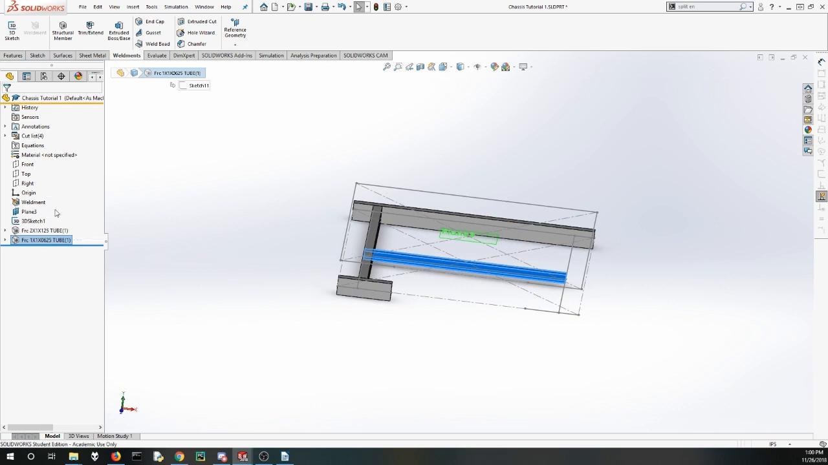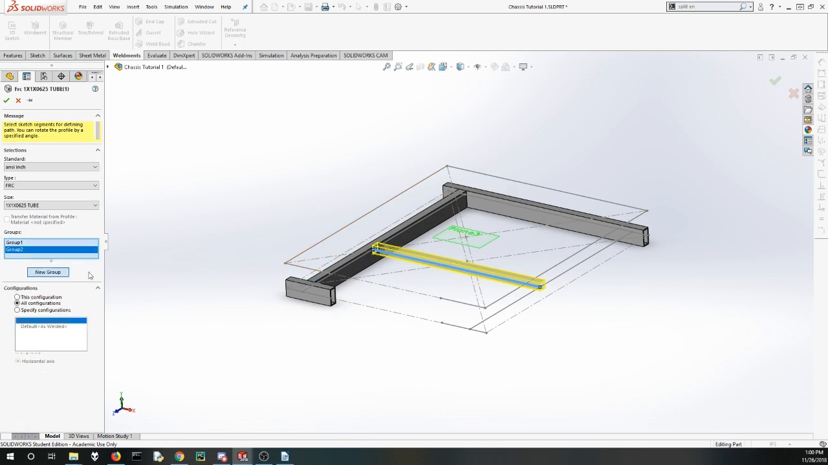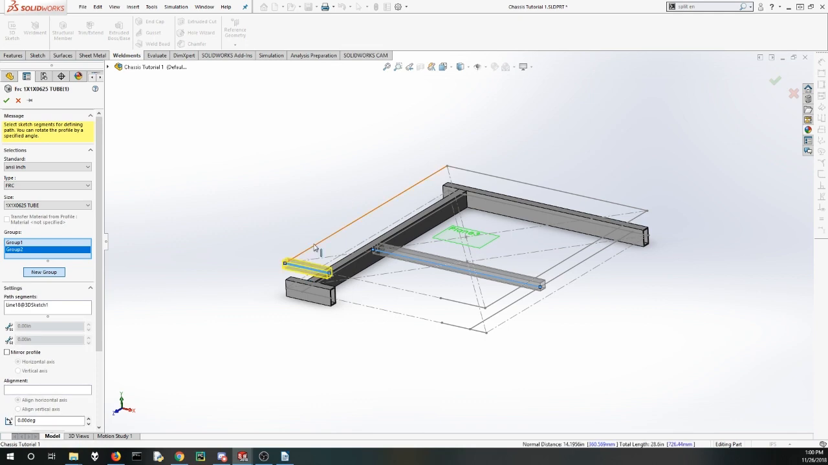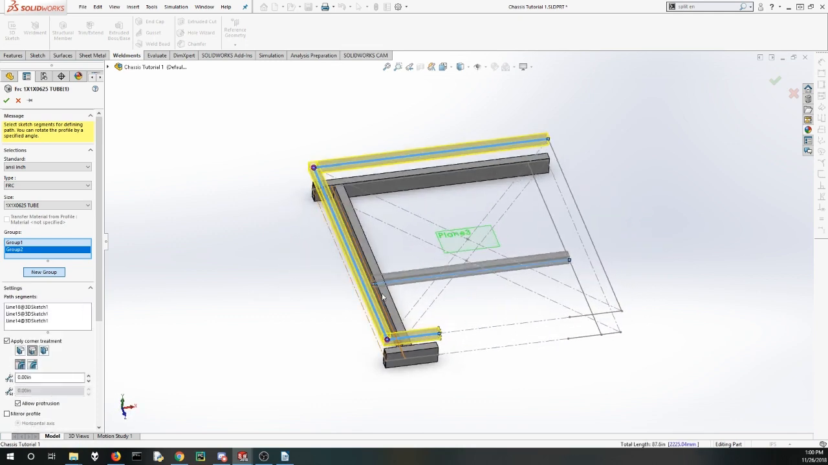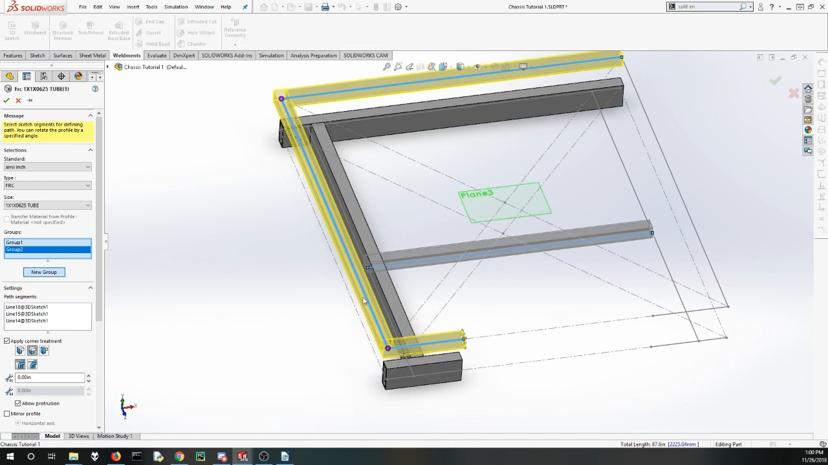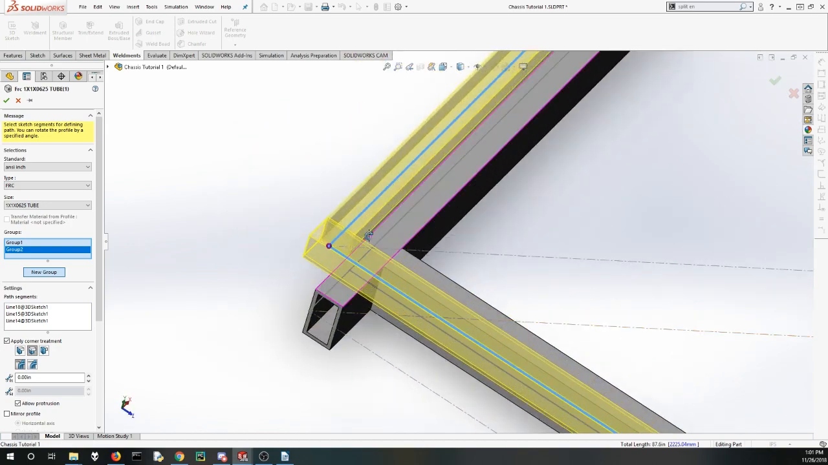edit this 1x1 feature to add in the new 1x1 members. So I'll select a new group, click this tube, that tube, and that tube, and you can see that I can do all of these in the same group because the ends line up there. Now back here,